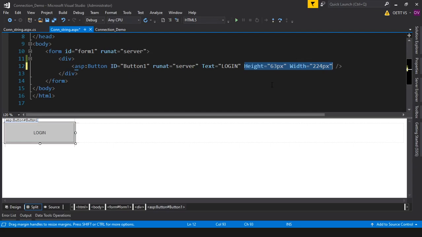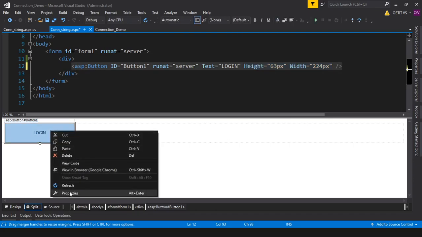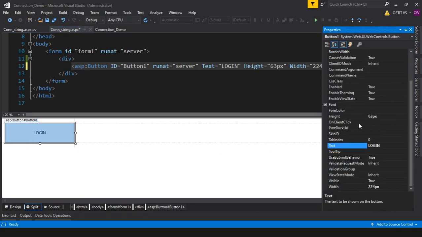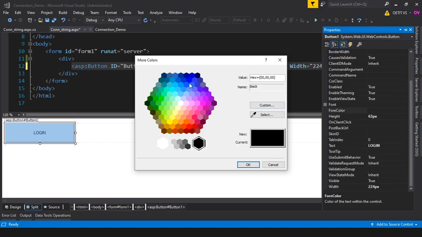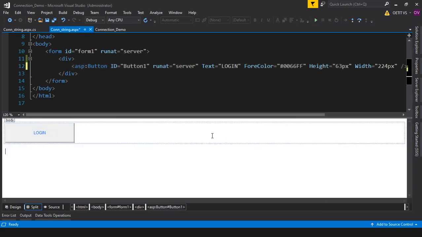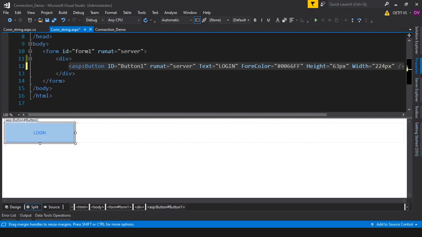Got it, students? If it changes manually, it changes there as well, right? Yes, yes, very good. Understood? Got it, students? Yes sir. Suppose I change any property, this is a button control, students. So any control can be there, any control works, right? Suppose I am going to change a color combination, so you can see the effect properly, right? See, okay. Yes, sir.